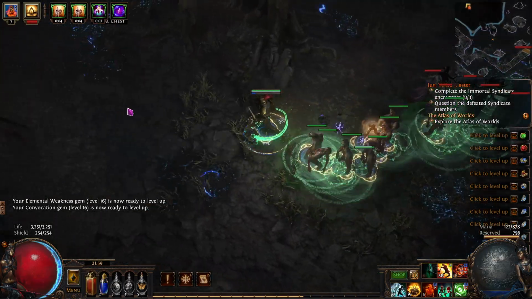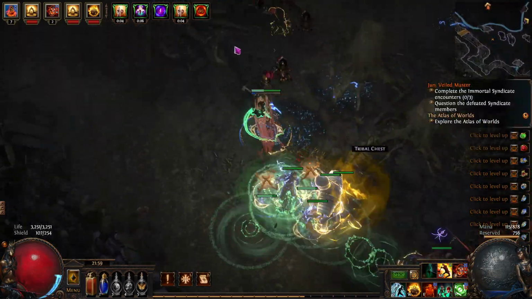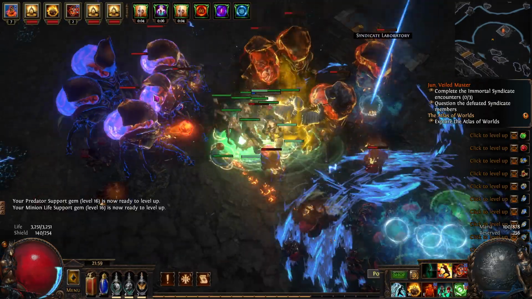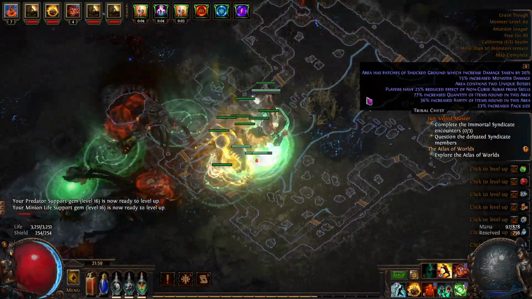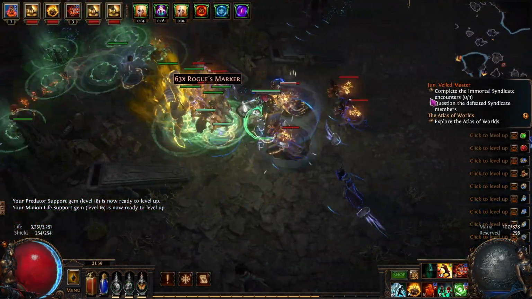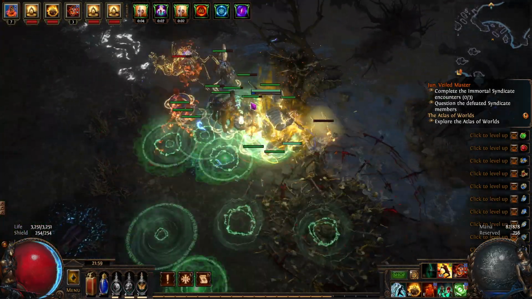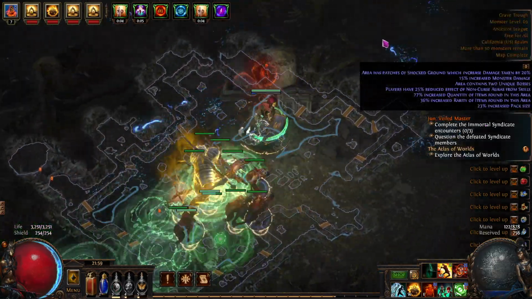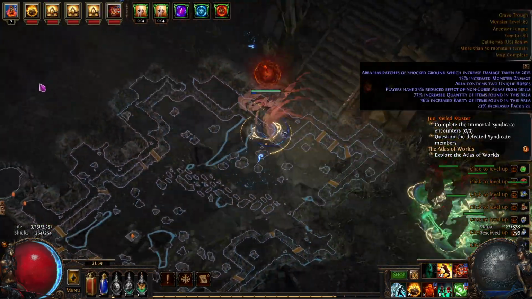I'm not bothering with Legion stuff at all. Not paying attention to my duration on him. Just gotta go back through the center of the map now. He also hits really hard. He's very, very slow, but he takes out like half or more than half of most rare mobs' life in one smack,